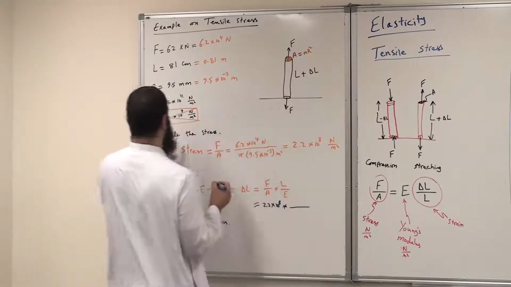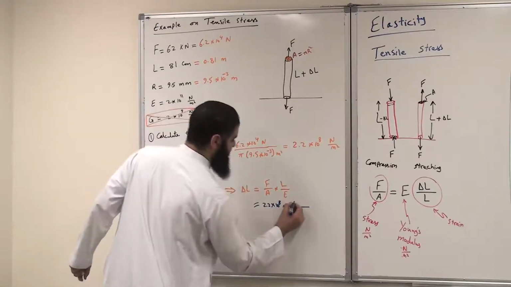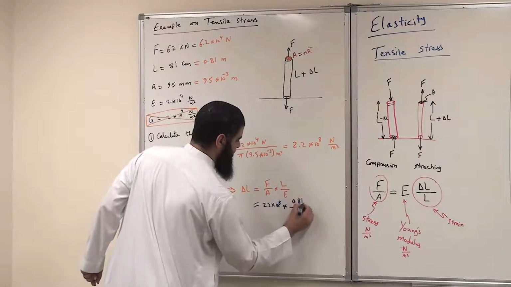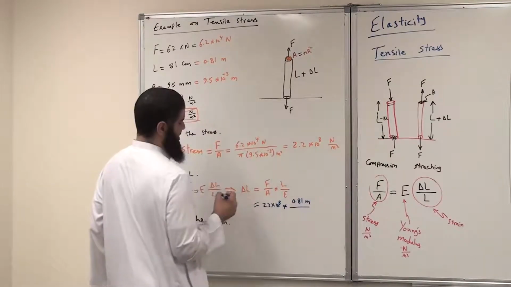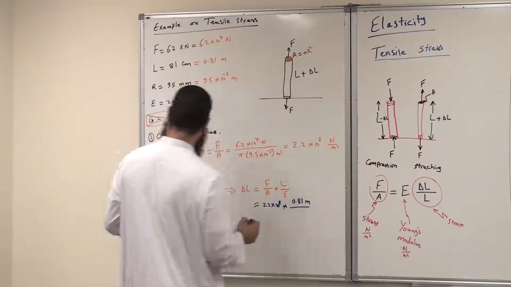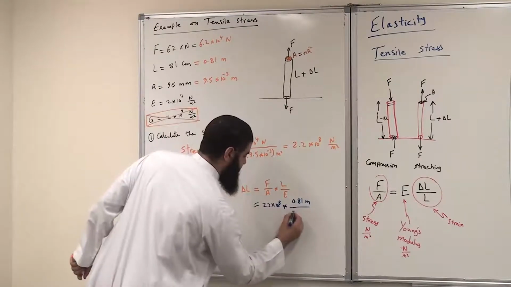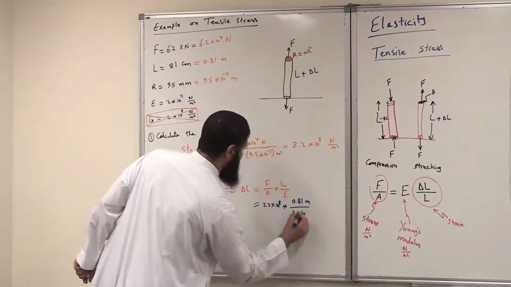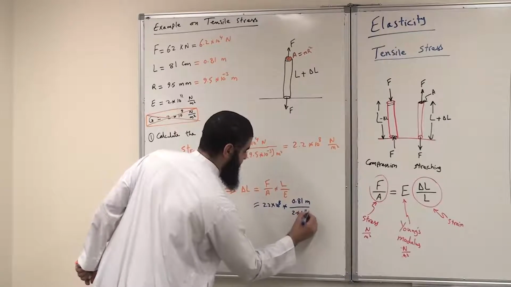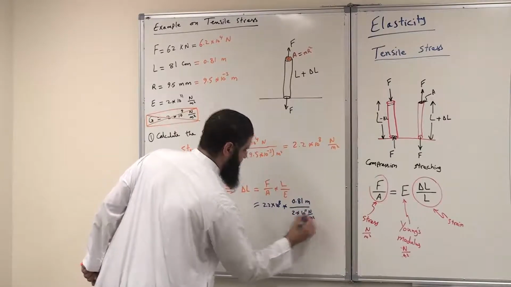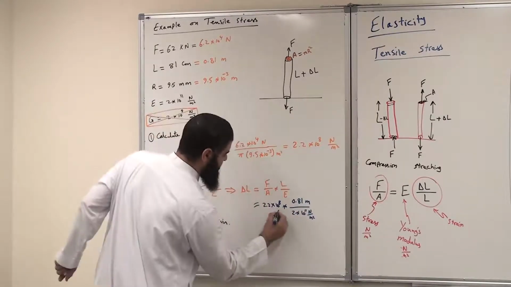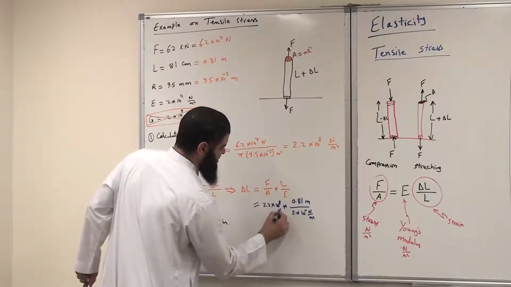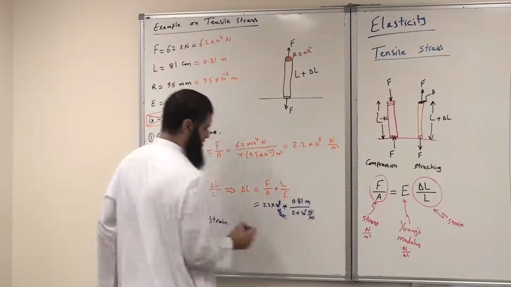What is the length? Length is 81 centimeters, so it is 0.81 meter, divided by E, which is 2 times 10 to the power 11 Newton per meter square. And here, this one is Newton per meter square, so this unit will cancel with that unit, and you are left with